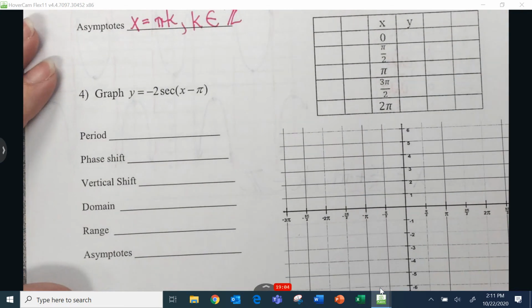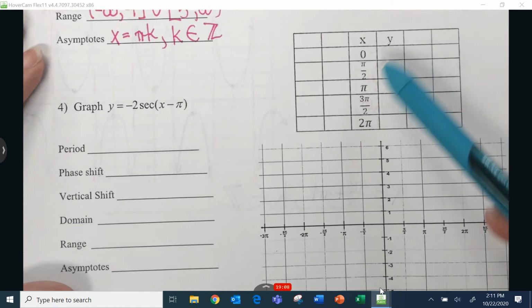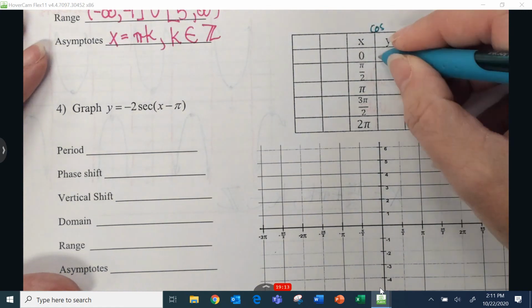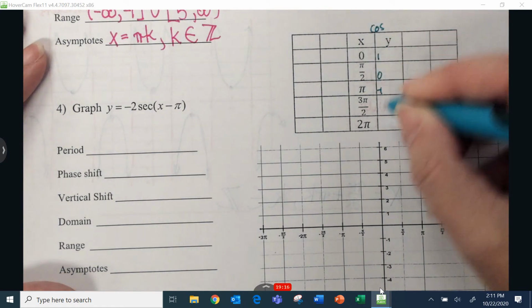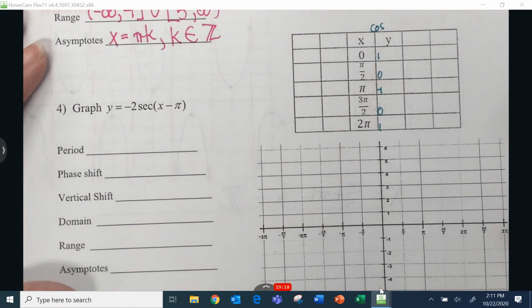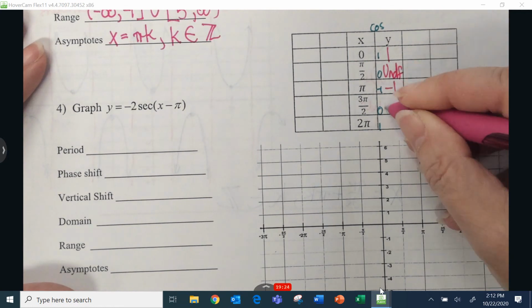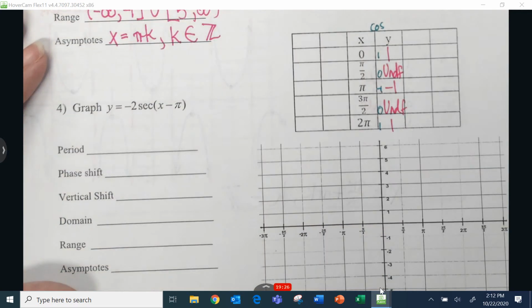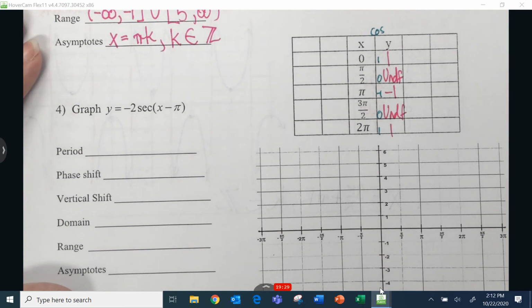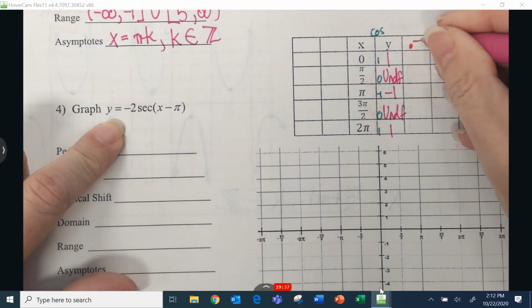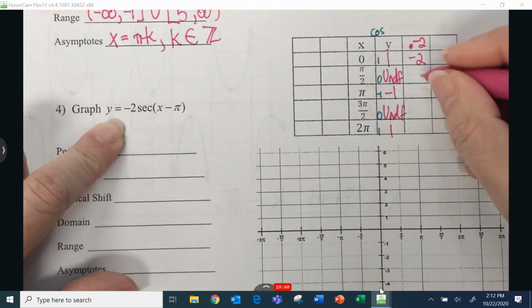Okay. Next, we're going to graph -2 secant of x minus pi. I'm going to do it over here on this table. Secant is the reciprocal of cosine, so I always want to think cosine. I'm going to write down my cosine values before I start, because I make mistakes if I don't, and then I reciprocate each one. We have a -2 in front, so that's going to be multiplying everything by -2 on the y side. So undefined times -2,